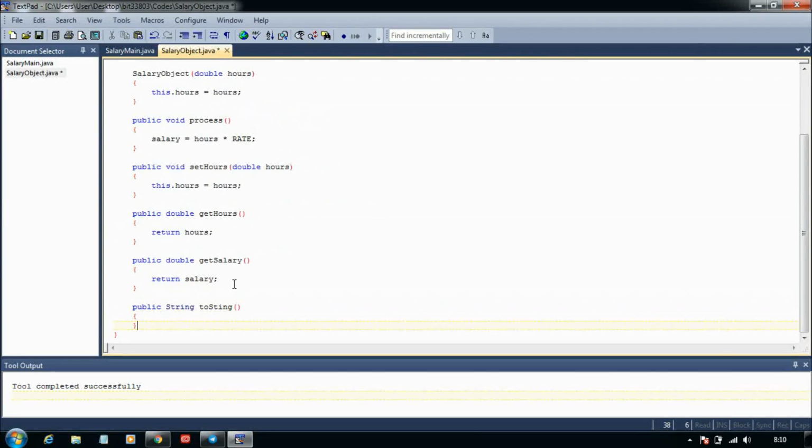So what is the purpose of the toString method again? Wait, that is toString. I don't want to sting anyone. Okay. What is the purpose of a toString method? The purpose is to return a string. So basically, we can return anything inside the brackets. So what I want to return here is basically